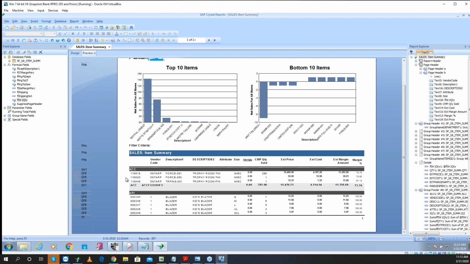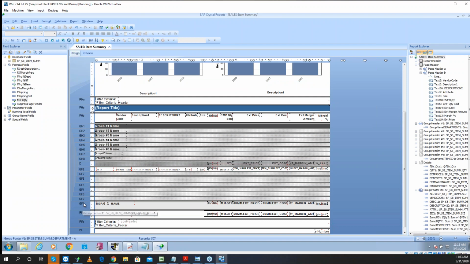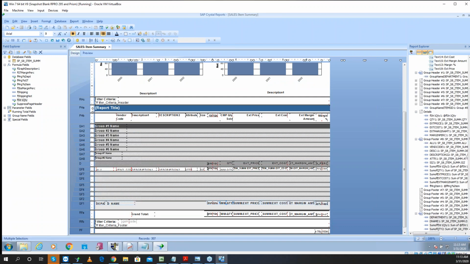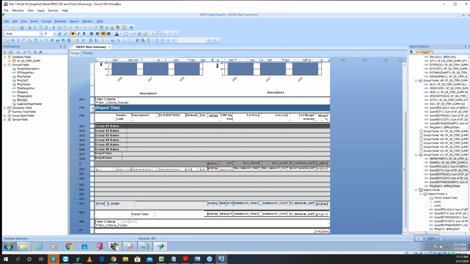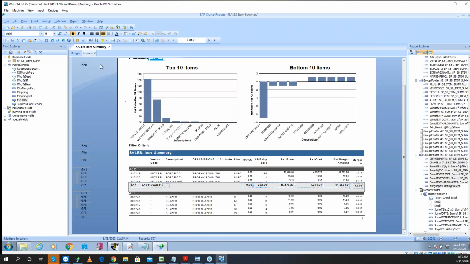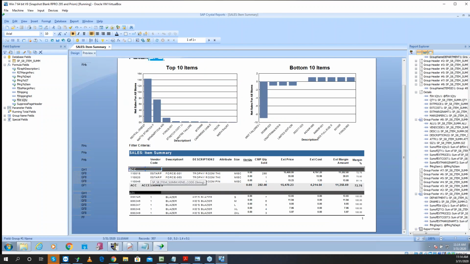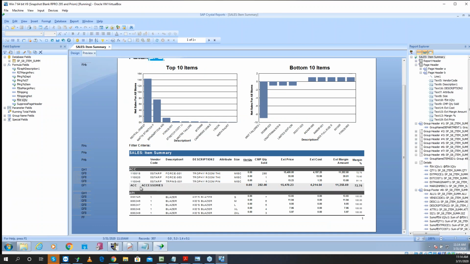So you see what it does now, because my fields are getting cut off. That's awkward. Select all objects, and then I'm holding the shift key and hitting the down arrow a couple of times to make all of them taller together. Or I could have dragged them, I guess. Right, so there you see it announces accessories, shows you the items, and then it gives you the subtotal for